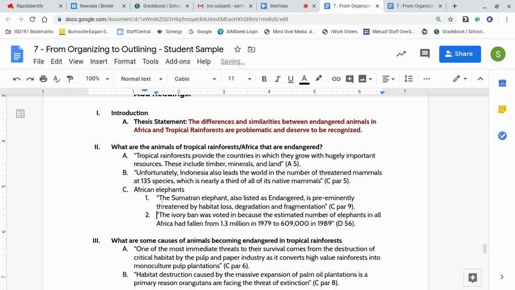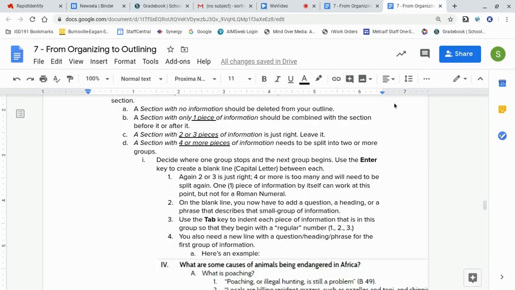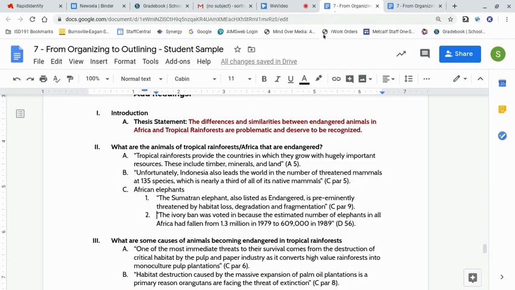I'm going to push those over because now I know that these 2 sentences go with the idea of the heading of African elephants. But you see how this looks unbalanced because I have 2 pieces of information and a heading, but I have these 2 up top and there isn't a heading for it. Well, as the directions say, you also need a new line with a question, heading, or phrase for the first group of information. So